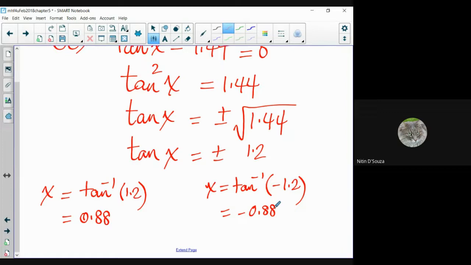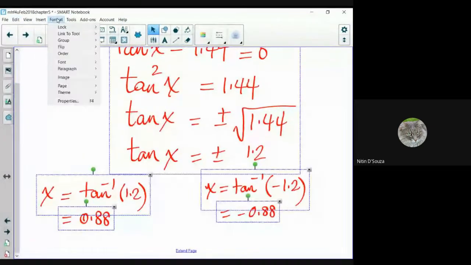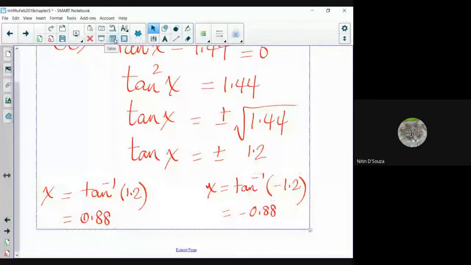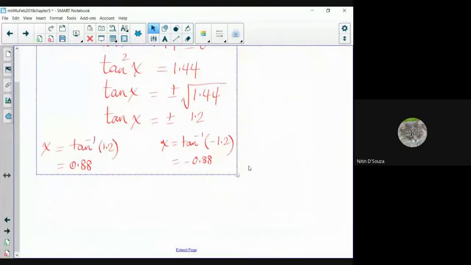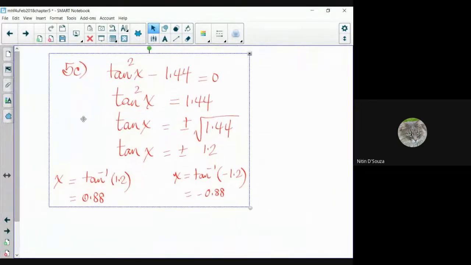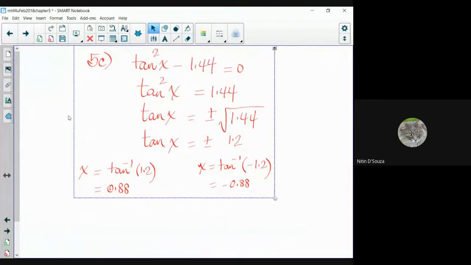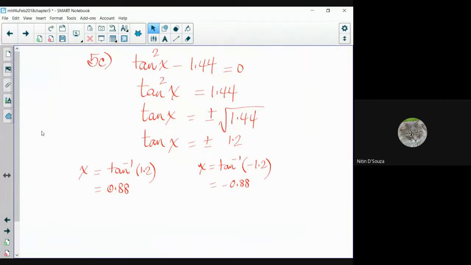I'm going to show you how to interpret those and change them to your formal answer. So we've got 0.88 and we've got negative 0.88. Okay. So what happens is you've got